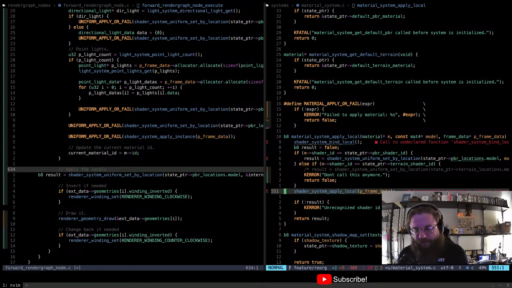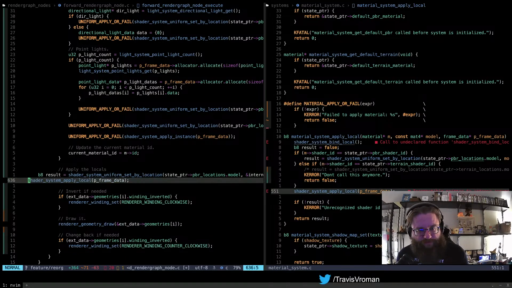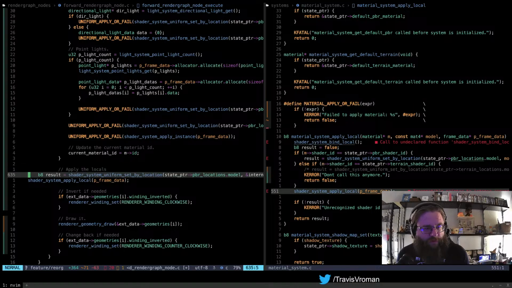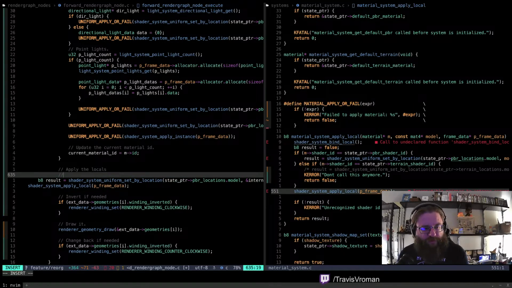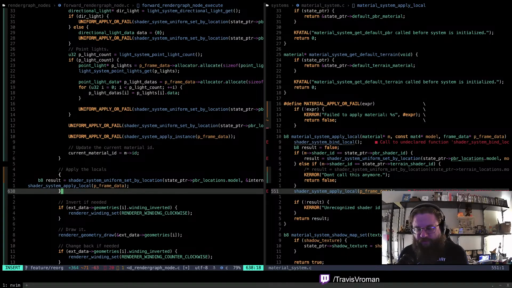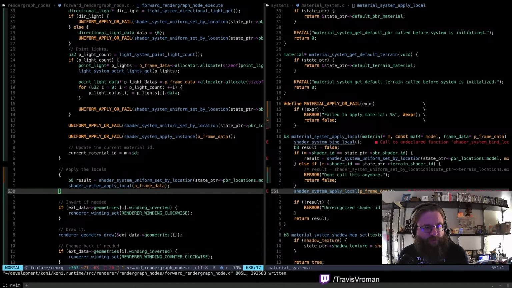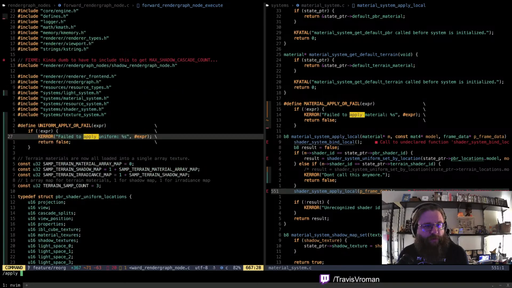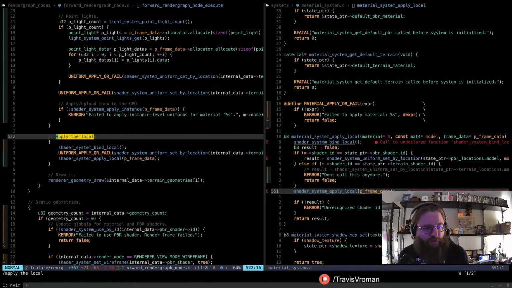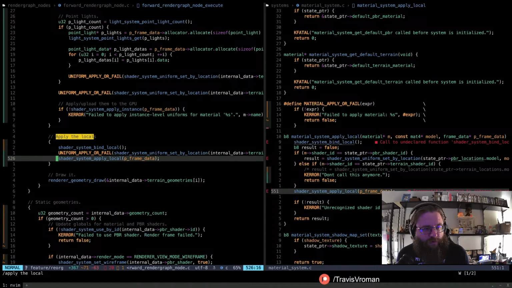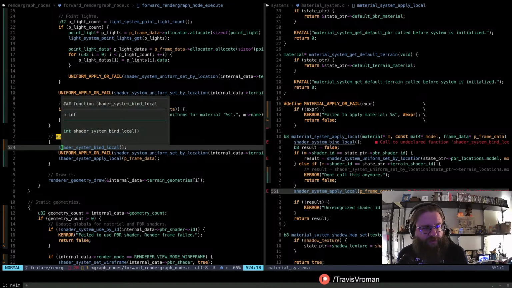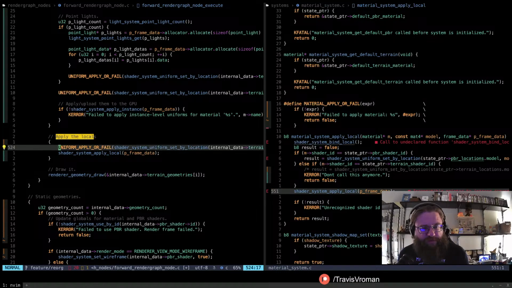Shader system apply local has to also be called, right? So I guess we can also scope this, just to make it a little bit cleaner. I feel like we're missing a step there. Apply the locals. Oh, shader system bind local, I think, is a relic of the past. That does not exist anymore. That's what we were missing, but we no longer need it.